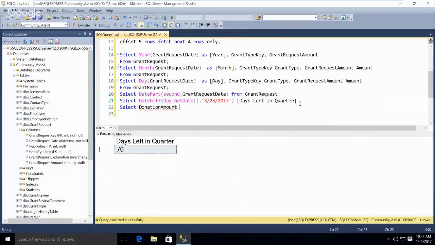Say 10% goes to the grant, so we'll do that as operations, 10% times the donation amount. And 90% goes to the charity, from donation.